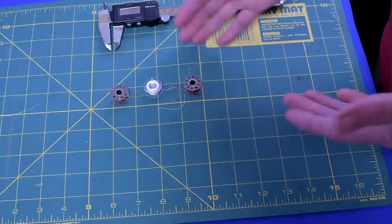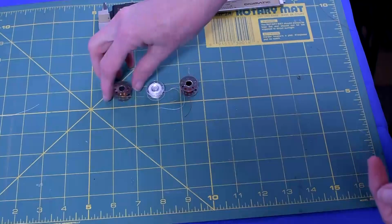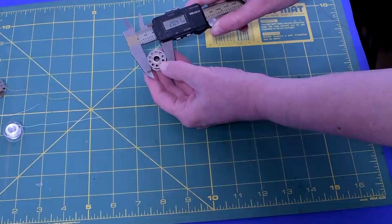We're going to start today's video by looking at the class 15. These are standard class 15 bobbins. This is a plastic one obviously and two metal ones. Now we're going to start with the metal class 15. Edge to edge across the top. That's coming out at